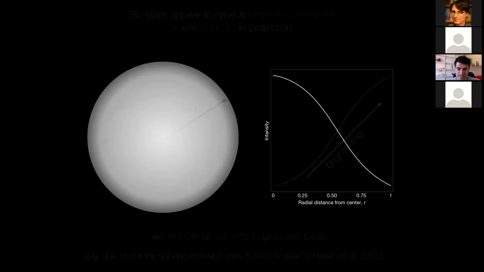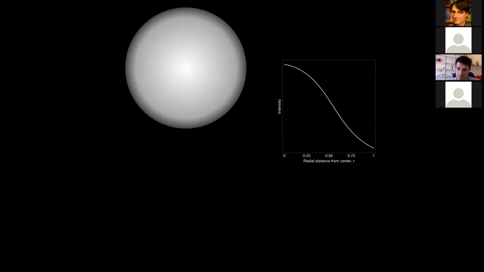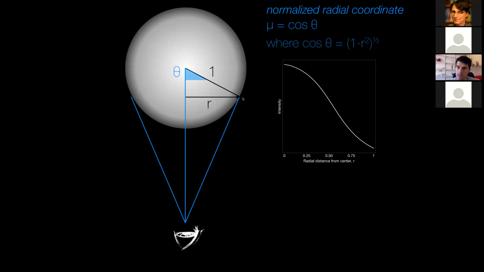Okay, so with that caveat out of the way, I want to talk about how we mathematically model this feature. So first of all, we have this radial distance r, but we very rarely talk about r. We usually talk about an angle called mu. So as you look at the star, you're seeing some certain projection from the edge, from the limb, which would be here, and you're looking at some distance r. Obviously, the radius is set to 1, and therefore the angle here, let's call it theta, can be written down as 1 minus r squared, all square rooted, for the cosine of that angle. And we normally talk about cosine theta, which is